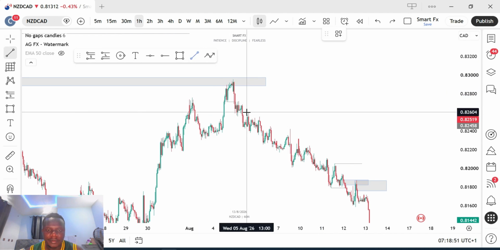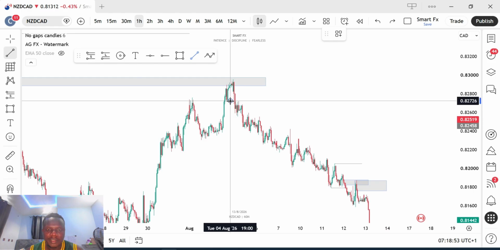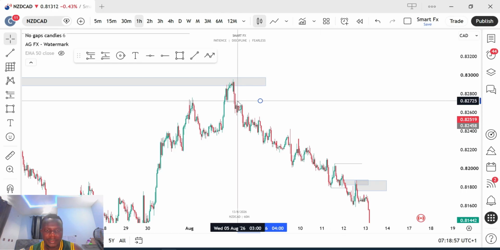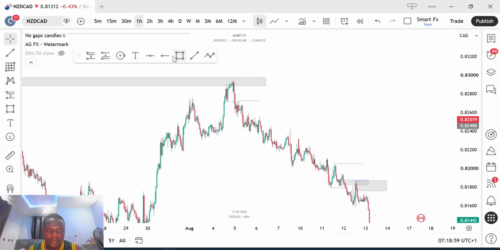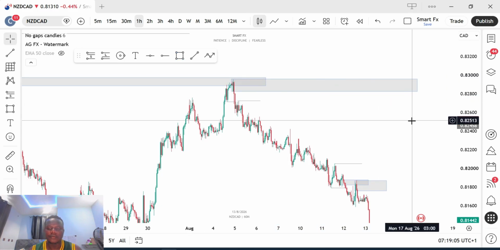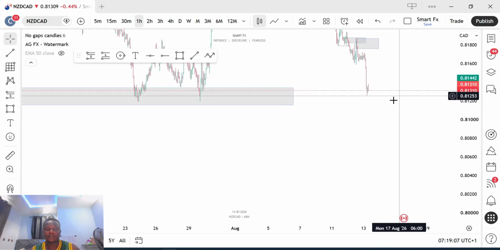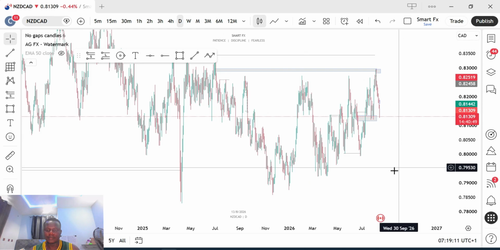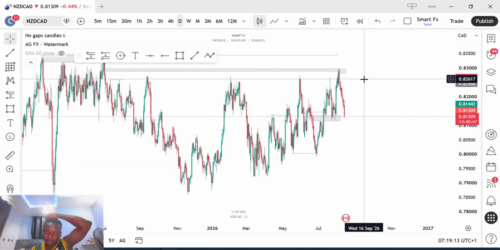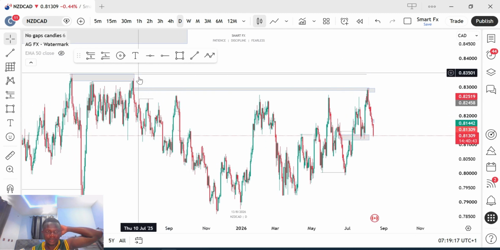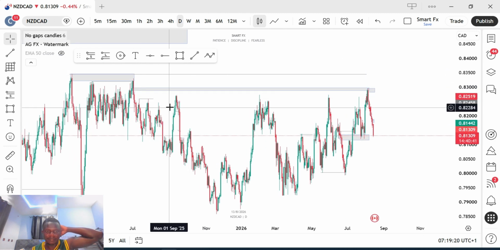Then we have inducement. So all this might trigger in the future, just like it did now. I know all these things happened so many months ago. So this market might still come back and trigger this particular breaker block in the future. But for now, I think it might come down to take this low before, maybe in the future it will definitely come back here, just like the way it did here. It later came back here after all this movement.